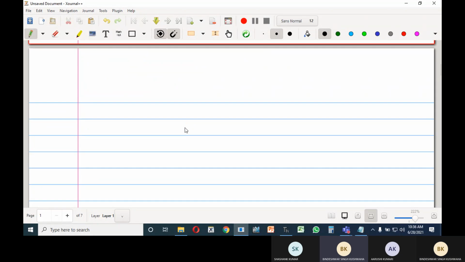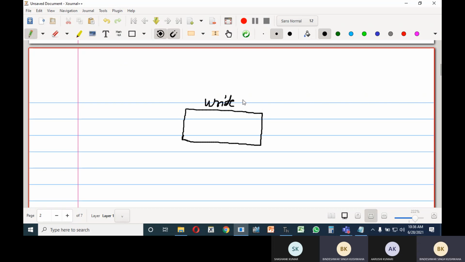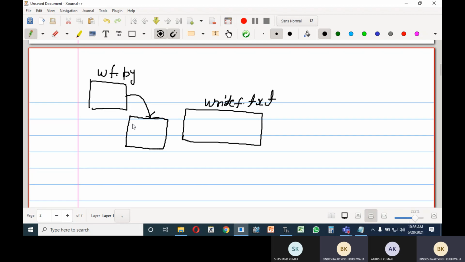If you are creating a file write f.txt, and your program wf.py is writing something on that file, so if you are writing this is CS class, it is not written directly on the hard disk.